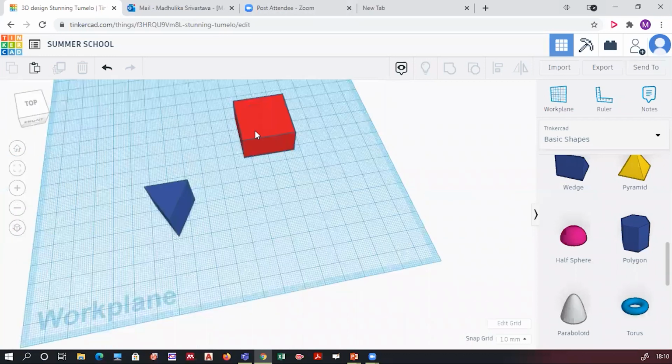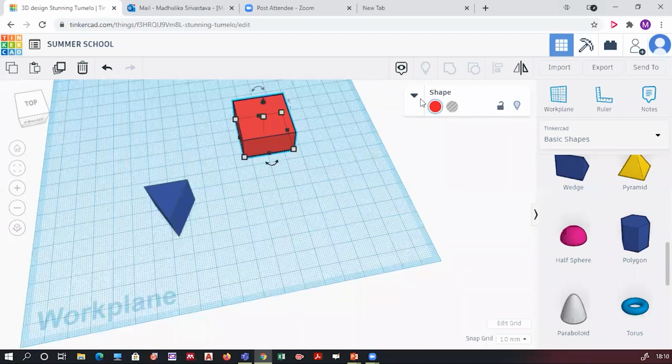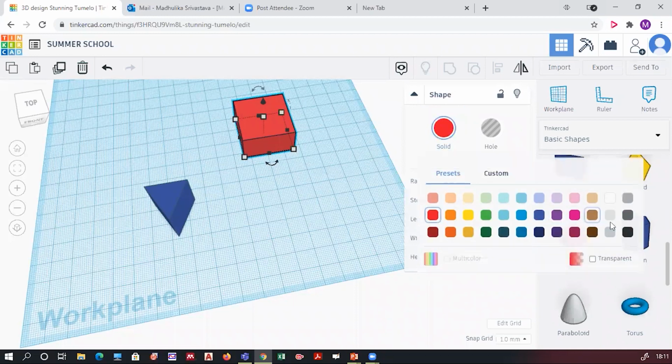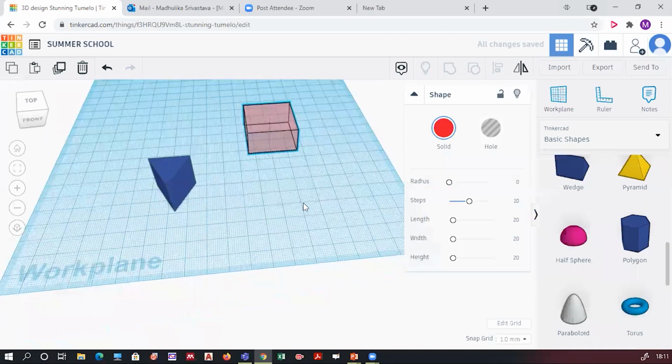Right. So you can just go to a particular object and you will always see this shape option over there. Yes, we can place an object over an object. I will show you how you will do that, just wait. Just click on this inverted triangle, and you see the color options over here. When you click on this solid, you have n numbers of options to select the colors. Over here, you also have an option to make it transparent. So the shade you selected, according to that, it will become transparent.